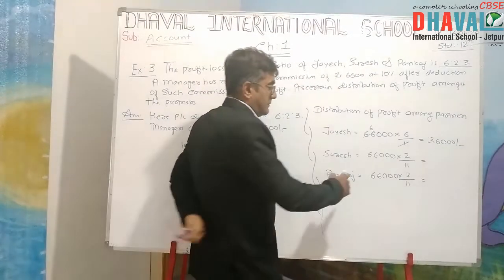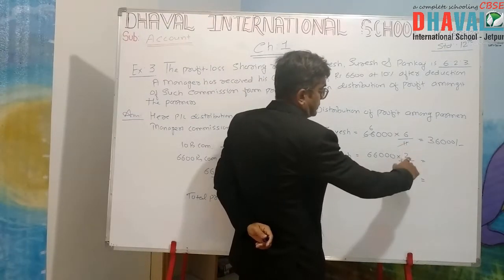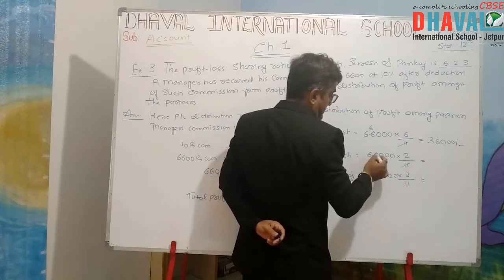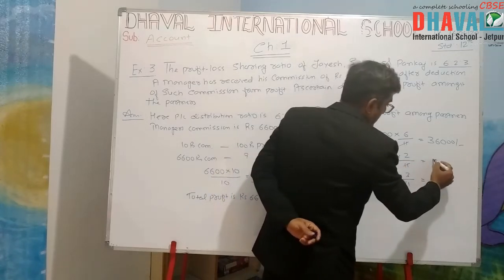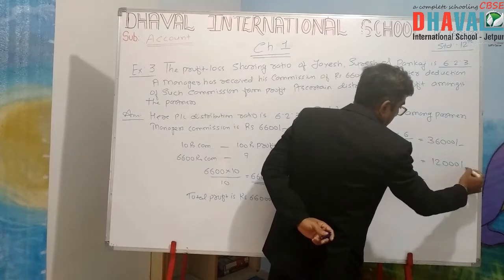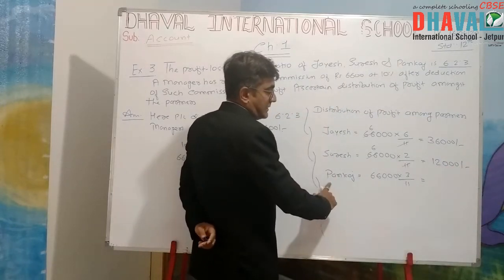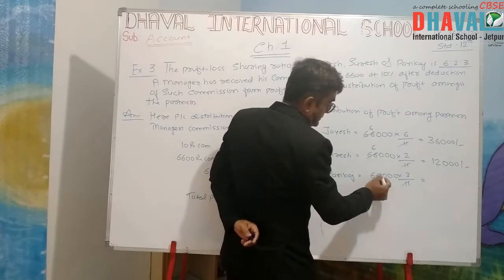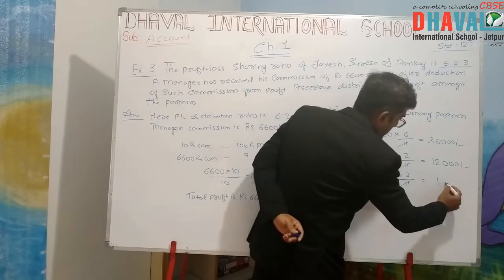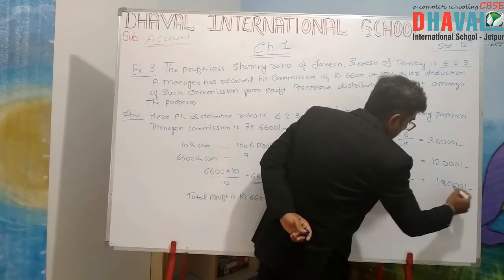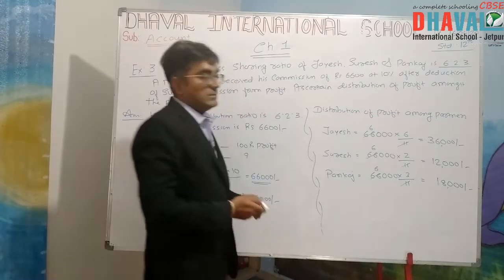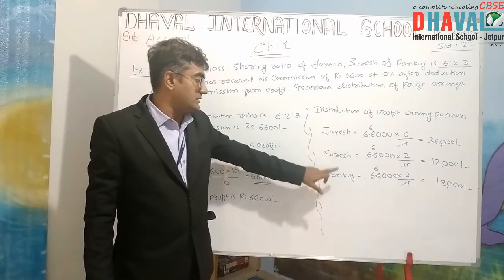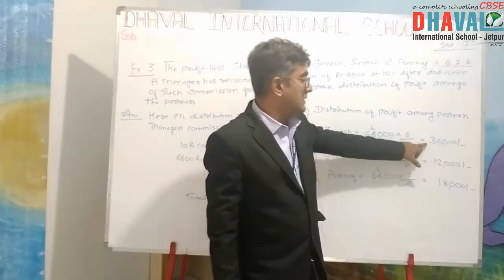Suresh, again the same formula: 66,000 into the ratio of Suresh, 2/11. 11 6s are 66, 6 2s are 12,000 rupees. And Pankaj, same process, 66,000 into 3/11. 11 6s are 66 and 6 3s are 18,000 rupees. In this way, we distribute the profit of 66,000 among three partners: Jayesh, Suresh and Pankaj, that is 36,000, 12,000